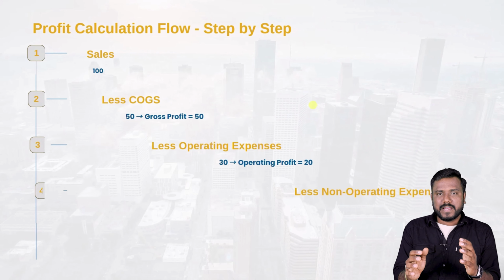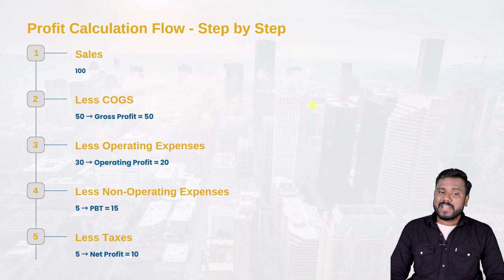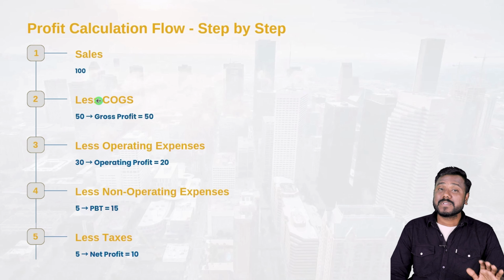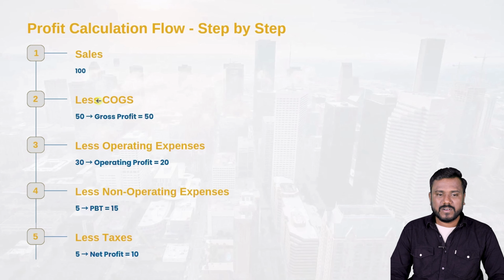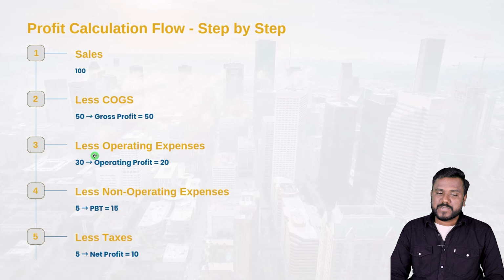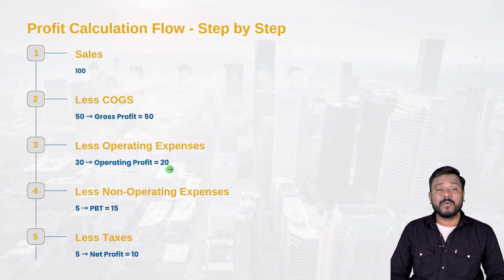So let us take an example. Imagine in your business you have sales of 100. From these sales, if you subtract the cost of goods sold, you get the result called gross profit. What is the gross profit here? 50. Sales 100 minus COGS is gross profit 50. From the gross profit, if you subtract operating expenses, you will get operating